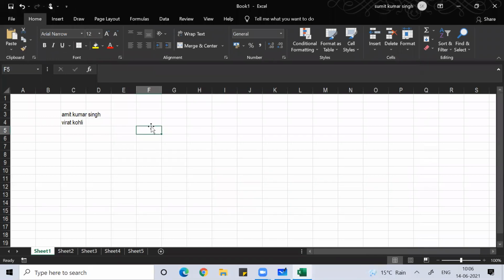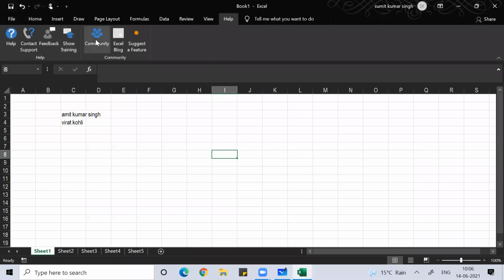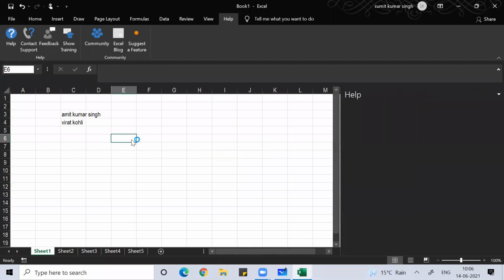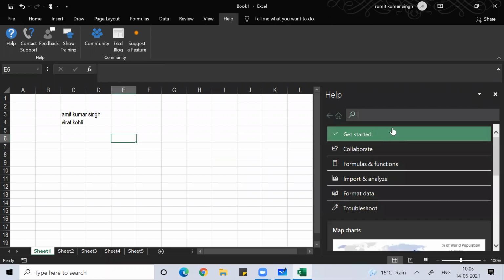When you're working in Excel, if you have any doubt, you can go under Help. If you are connected with the internet and you are not understanding any function or feature in Excel, you can check under Help, or for help you can press F1. There you can spend time with Help to understand more about MS Excel.